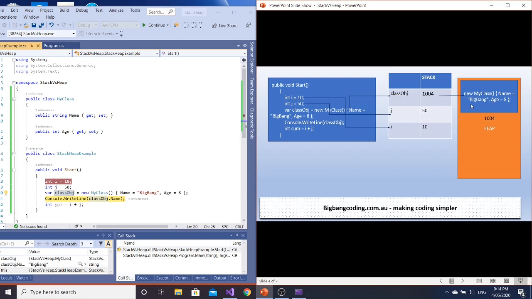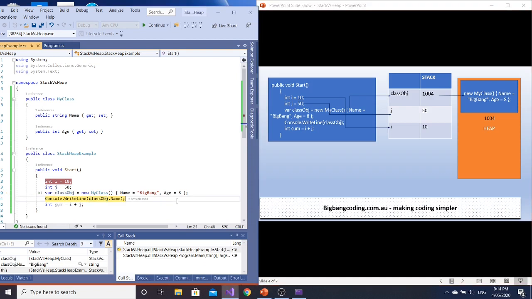However, there is a pointer in the stack, classObj, which is stored inside the classObj variable. So we are referring to my class object in the heap through a variable which is present on the stack. This is how the real execution runs in memory when there is a heap allocation.